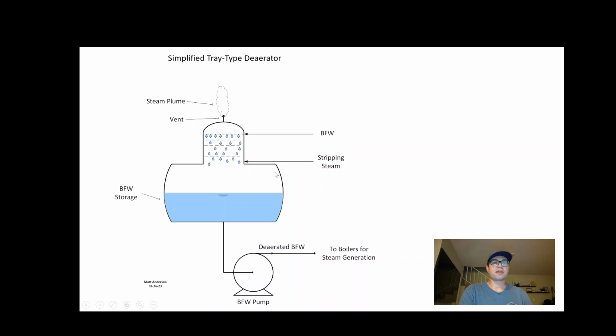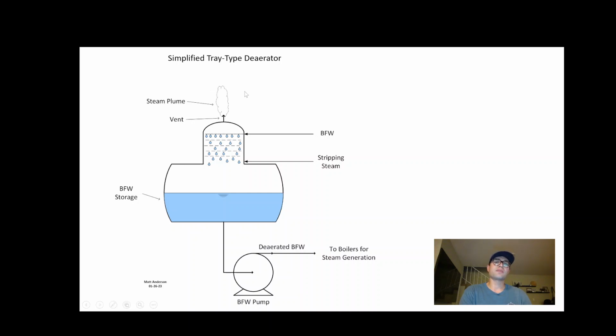Okay, this is a diagram that I made, and it's once again simplified, of a tray type deaerator, which is the kind of deaerator that I have experience with. And so with this type, you have the boiler feed water coming in the top section and stripping steam coming in the lower part of that top section, and you have trays. The stripping steam contacts the boiler feed water and removes the oxygen and other non-condensables, and it goes out a